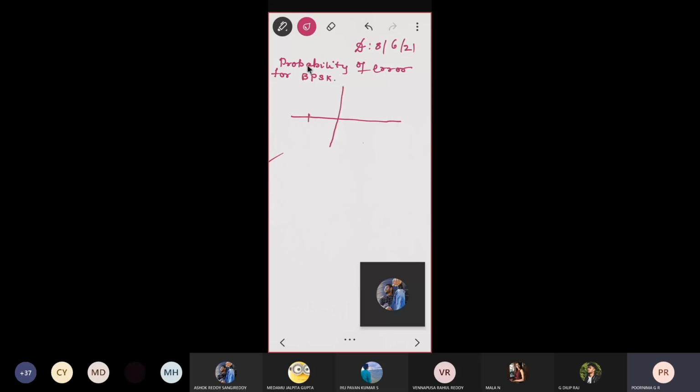Okay, now when you go for a probability of error, what is expected for a BPSK? Because as per the discussions we made in the earlier classes, the probability of error for any digital system after the modulation should be kept as minimum as possible. So for that,